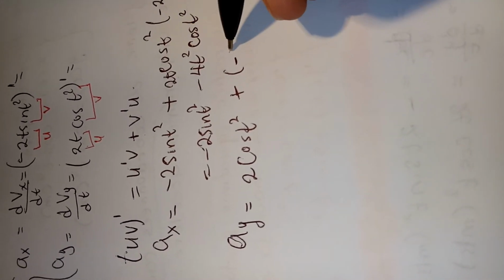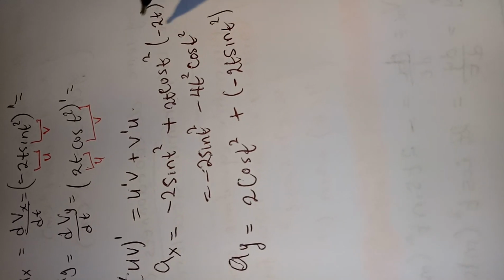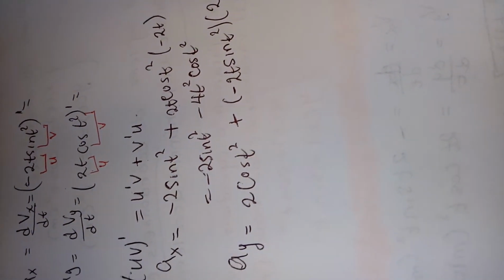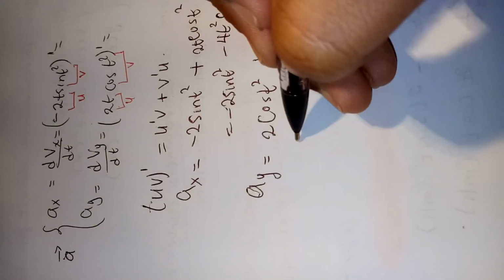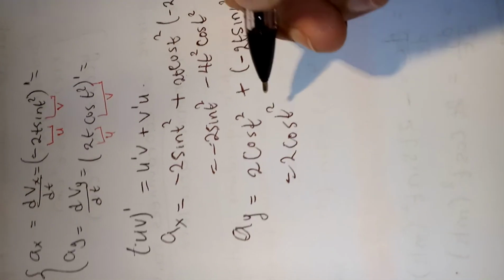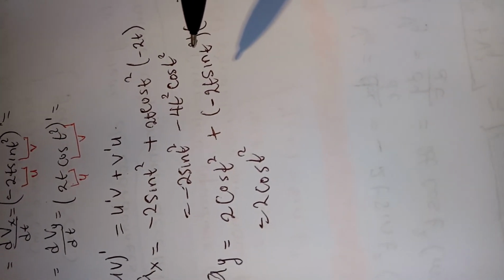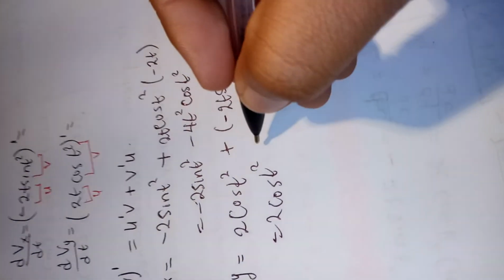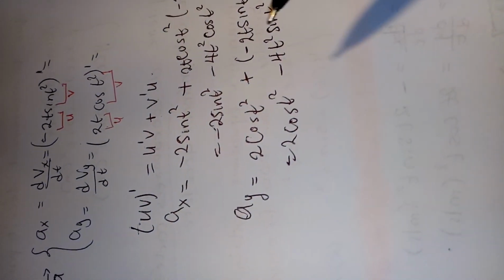Then t square, which will bring 2t, and then we leave what our u was initially, which was 2t, right? So finally, what do we have? We're having 2 cosinus t square minus 2t times 2t, that's negative 4t square sinus t square. So this is what we have for our